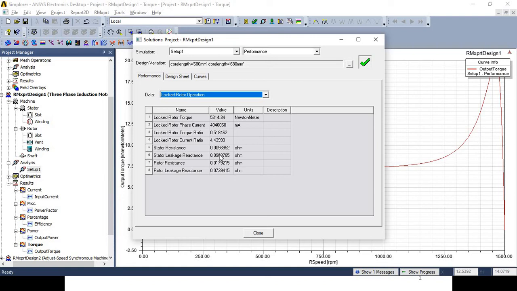Stator resistance is 0.0056592 ohm. Stator leakage reactance is 0.0968785 ohm. Rotor resistance is 0.017915 ohm. Rotor leakage reactance is 0.0739415 ohm.